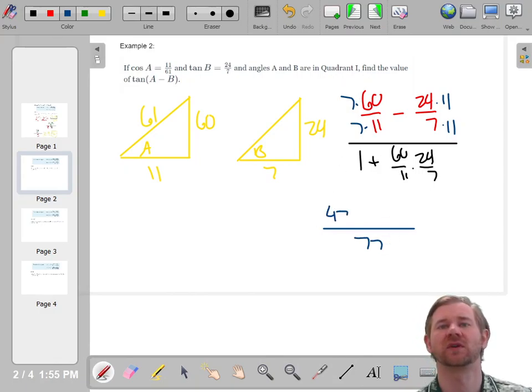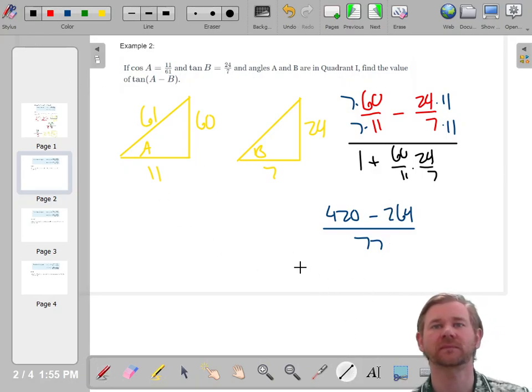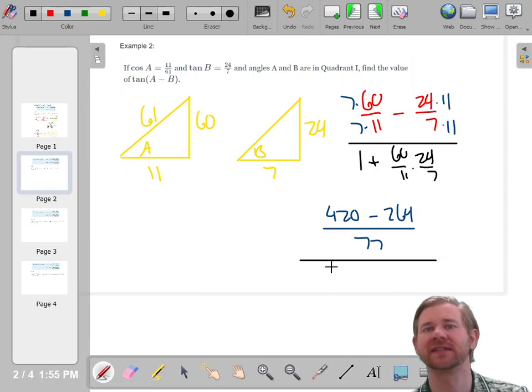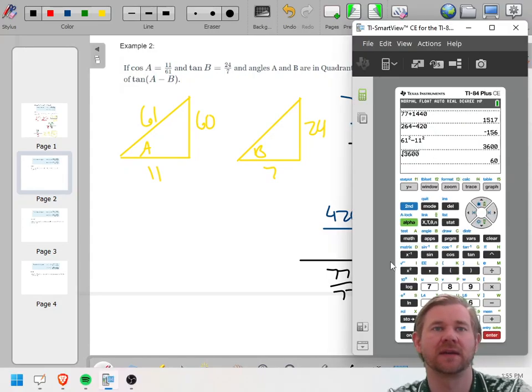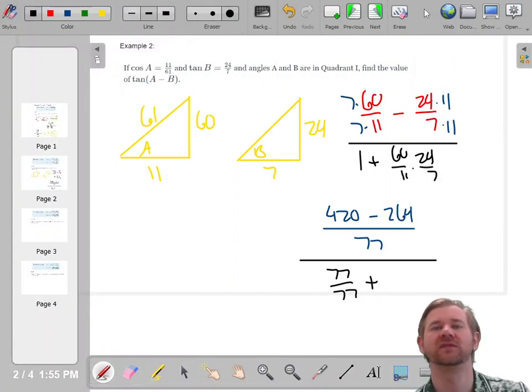7 times 60 is 420, and 24 times 11, we just did 24 times 11, it's 264. Okay, 24 times 10 is 240. Add one more, you get 264. In the bottom, 77 is the denominator. So again, I'm kind of skipping a step here. I'm just writing that as 77 over 7. And now I got to do 60 times 24, just to be careful. Is that 1440 again? Yeah, 1440 again. Okay. 1440